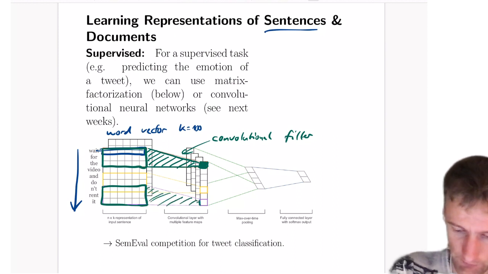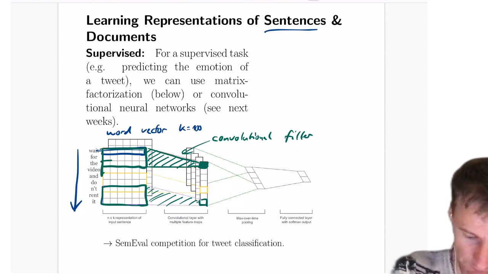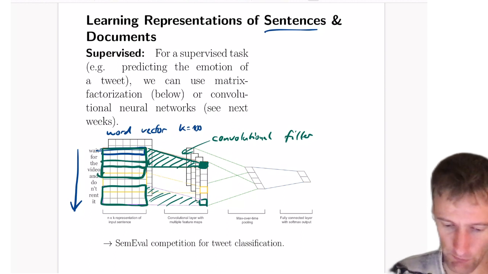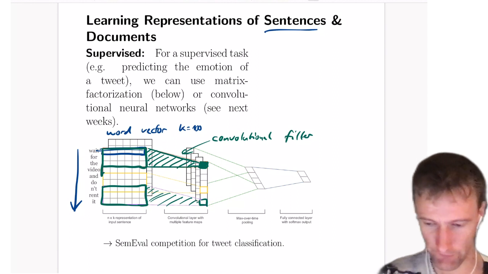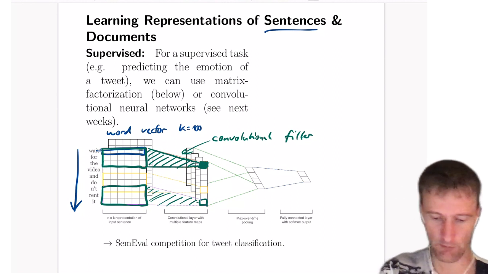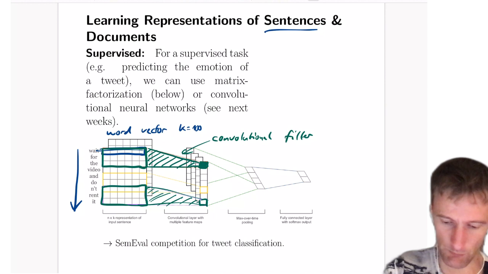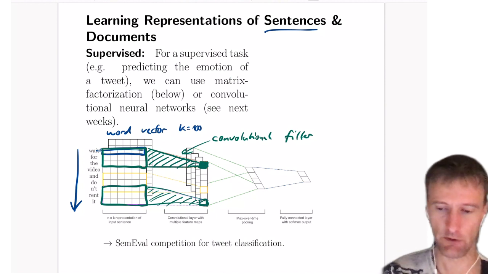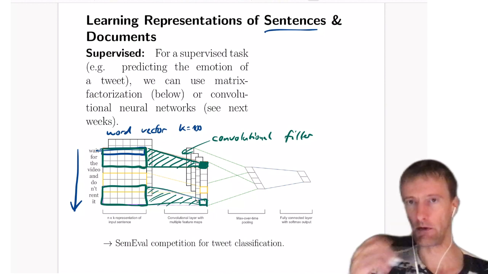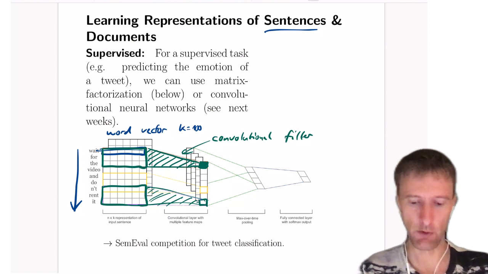So the same filter is then applied further down, like here, right? And then on the very bottommost part. So that's what the convolutional filter will do. You would just compute one number for every position in your sentence,